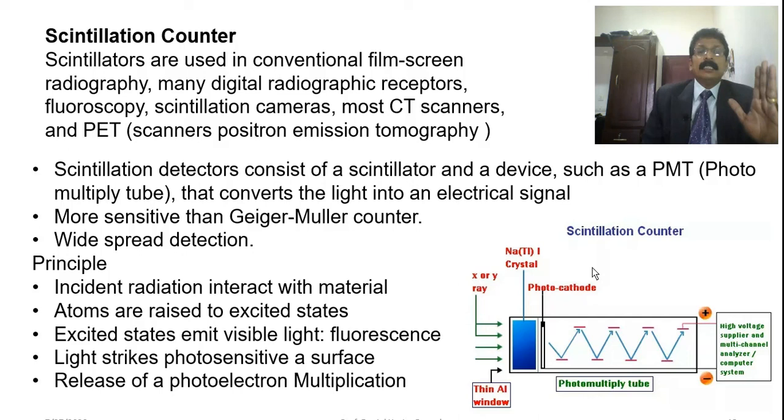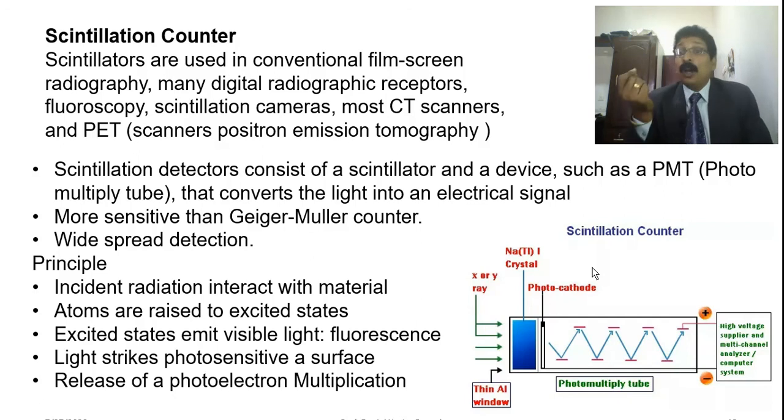Now you can see that this scintillation detector, scintillation counter, is also an advance from a Geiger-Müller counter. That is what we have explained. You can see the picture, which shows a cathode present in the photo tube or photomultiplier tube, where many anodes multiply the electrons which fall and are reflected, and you get a small impulse of electrons that can be identified, which comes from the radioactive isotopes.